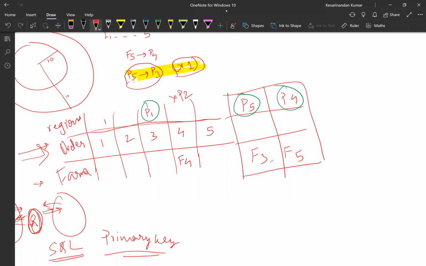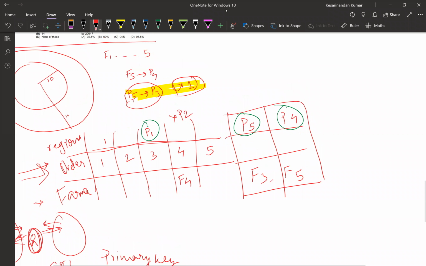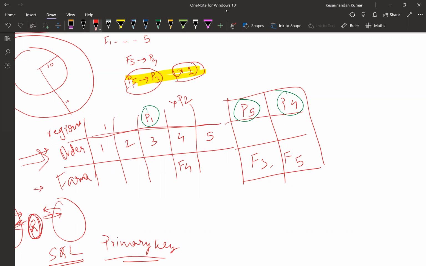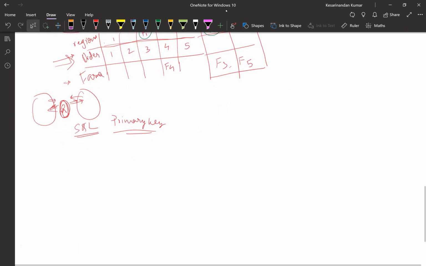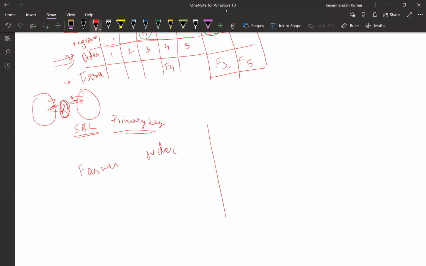Now let's see question 21. Which are the starting and finishing points of stage P2? Okay, so now they have mapped the starting stage as well as ending stages. So how we'll do this is, regions will have to be divided into 2 parts. Since they want the answer in this, we'll slightly change our table. We'll keep it as it is: the farmer, the order, and the regions as the starting and the ending.